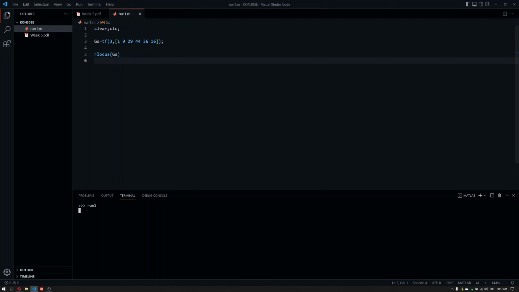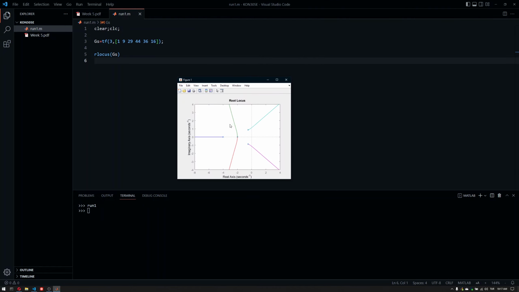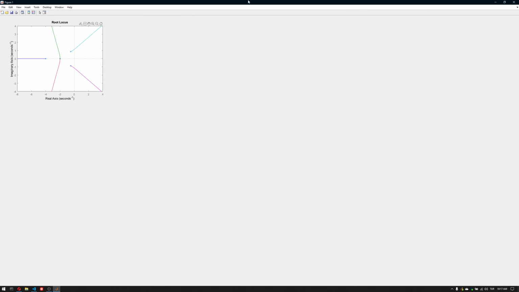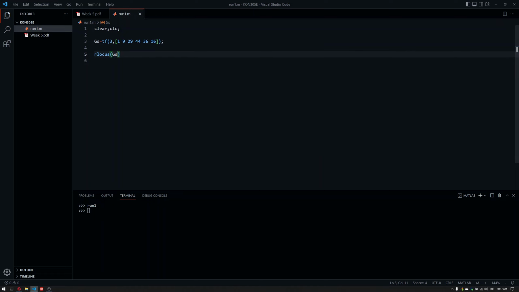But once this actually shows up, I'm going to show you that the rlocus command here has more capabilities. It's not just for generating visuals. It can also provide you the data that you are looking for. And if you wish, you can also plot it on your own. So this is the root locus plot of the system, which we will dive into later. But if we look at the help for rlocus,